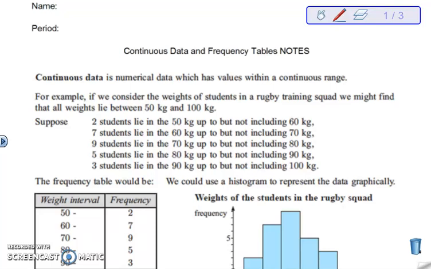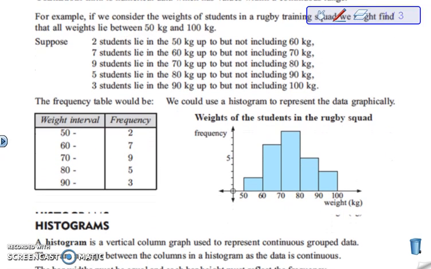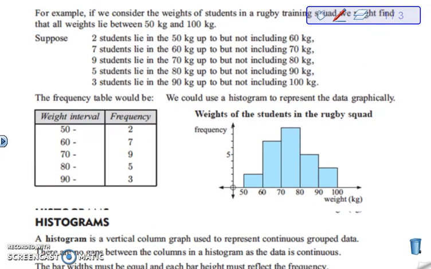All right, so today we are talking about continuous data and frequency tables. If you remember, continuous data is data that is given across a range as opposed to a specific set of values. So if we are looking at this table right here, this is basically telling us that from 50 on there are 2 people, 60 on there are 7, etc. So basically there are 2 people between 50 and 60, 7 between 60 and 70, 9 between 70 and 80,